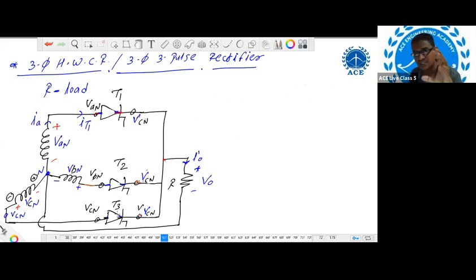So if all three switches are in the off state, will the current flow from the source towards the load? No. So what is V0? 0. What is I0? I0